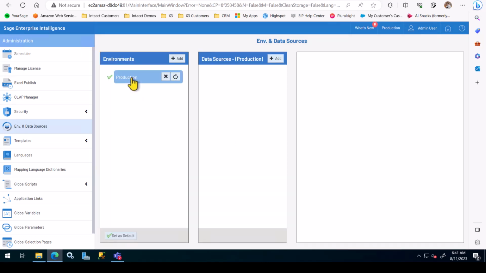In here, the system has already created an environment for you called production. This is used to link to your production or live Sage X3 folder. We're going to use this to connect to our seed folder, but we can use it to connect to your live folder as well. So click on this production